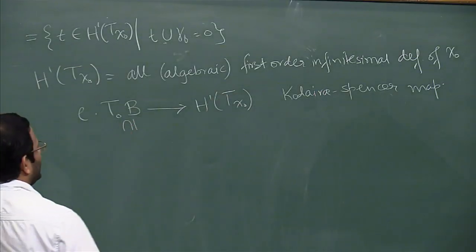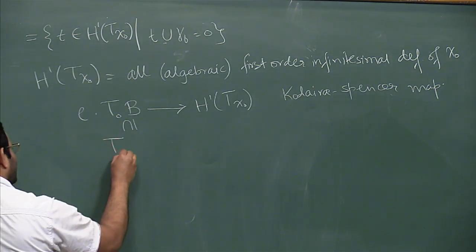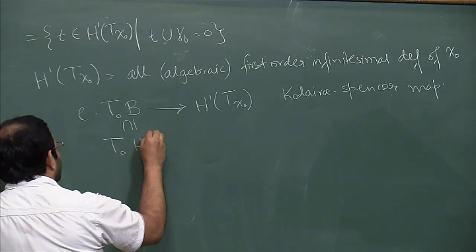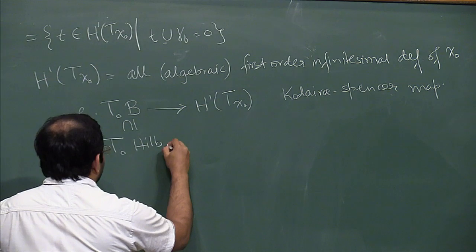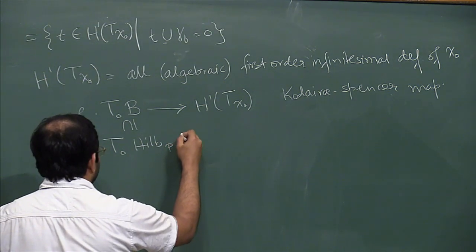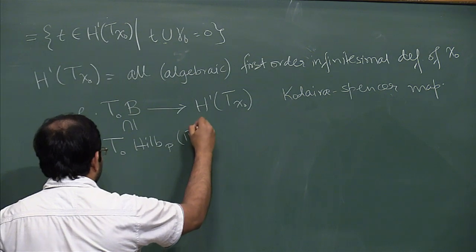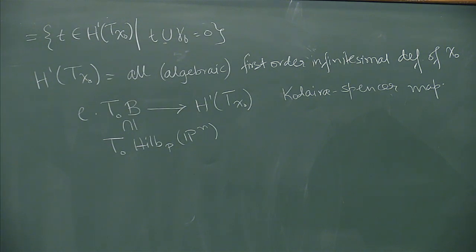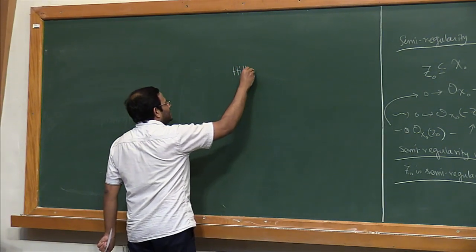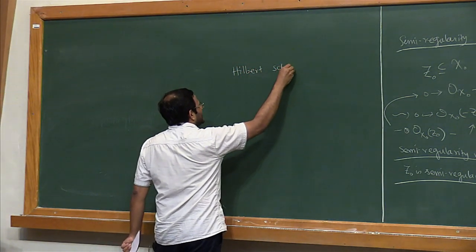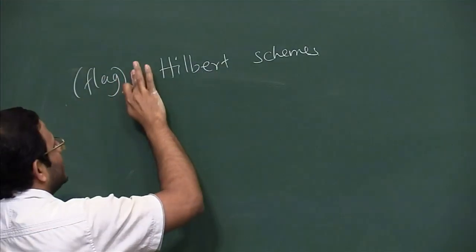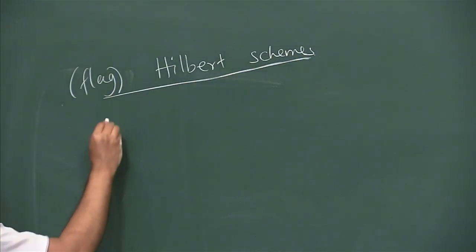So, this object is actually contained, let us still call that base point O, in the Hilbert scheme of the correct Hilbert polynomial in P n. So, in case somebody does not know about Hilbert schemes, and you can also look at flag Hilbert schemes. This comes from a functor.